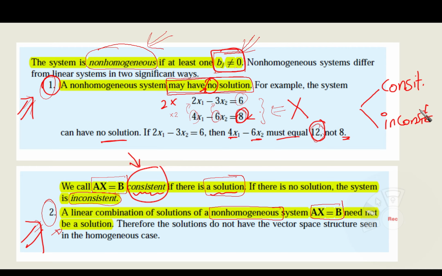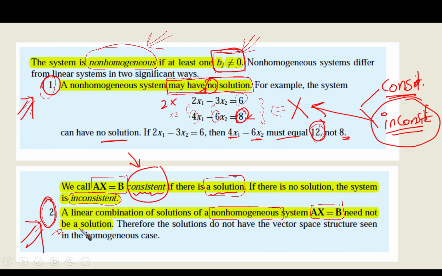Consistent or inconsistent. This is only a kind of abbreviation. If it has no solution, then it is inconsistent, as we said here. But if it has a solution, then it is going to be consistent. Okay. And the second difference is a linear combination of solutions of a non-homogeneous system, AX equal B, need not